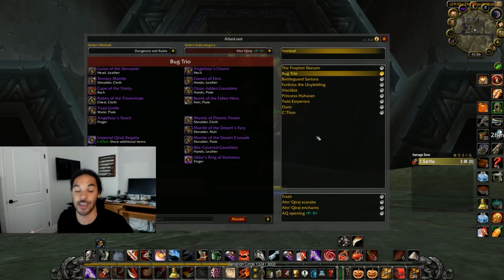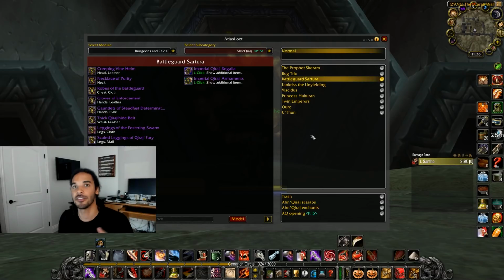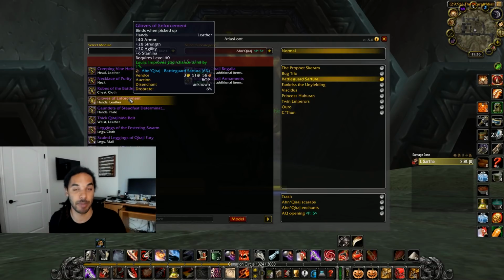So you are actually excited on getting gear from literally all of the bosses. Moving on to Battleguard Sartura. This is the next boss to drop another piece off of your BIS list, and those are the Gloves of Enforcement. These are actually going to be BIS for both daggers and swords,